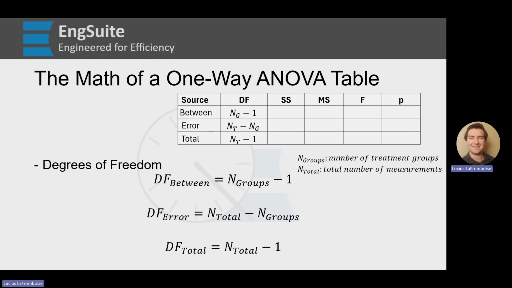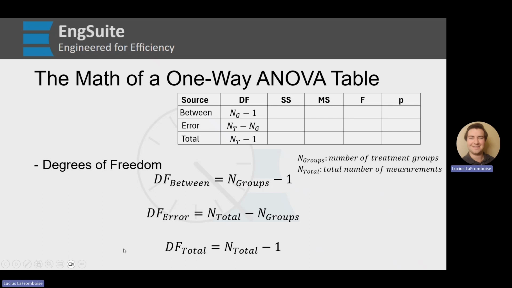All right, time to get into the math of a one-way ANOVA table. And this is kind of where it gets interesting and complicated. So we'll start easy with degrees of freedom. So here you see we have our ANOVA one-way table up in the corner, and we have our sources: between,